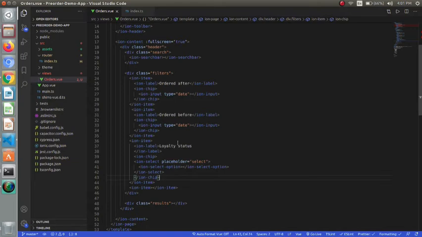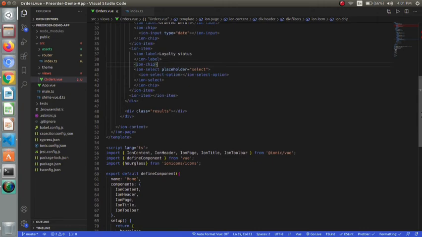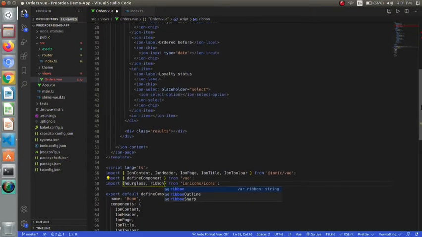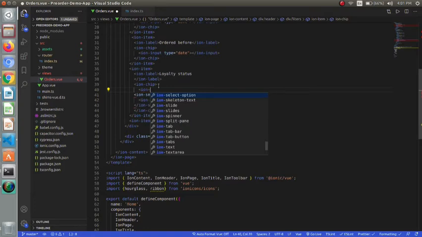We are not able to see, but we will fix this using CSS afterwards. We have seen a ribbon icon in the loyalty status chip, so I will use that icon here inside the chip.